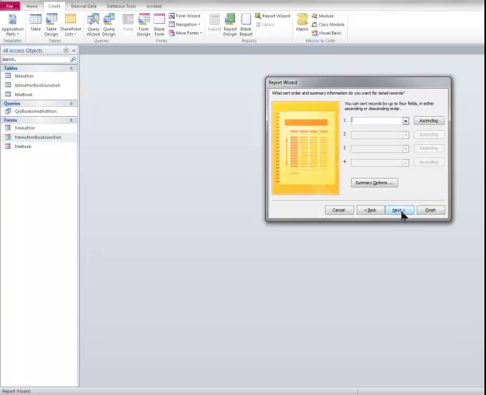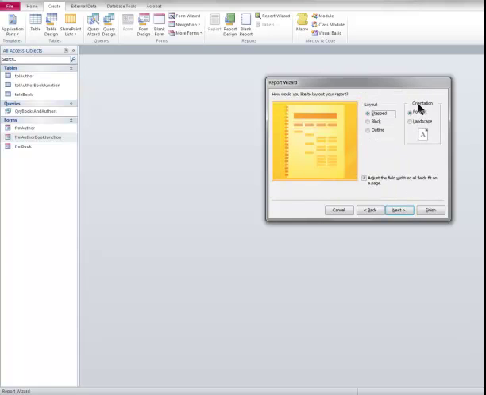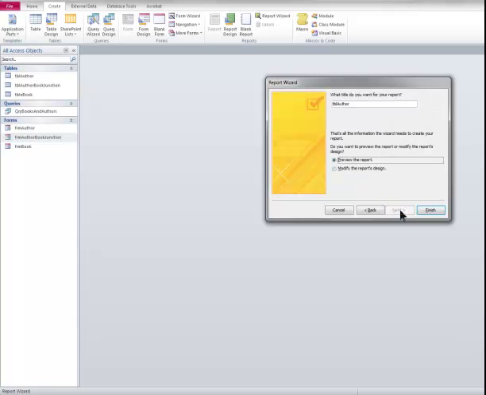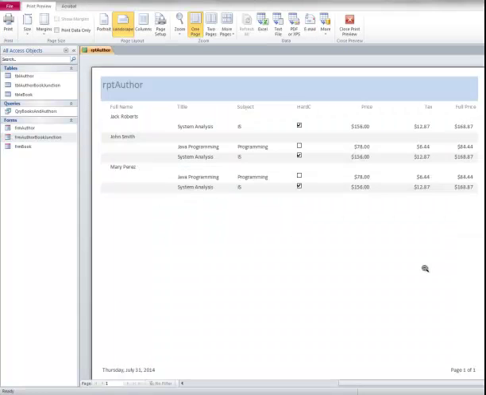next, and I could sort that by title of the book, and I could leave it as portrait and maybe change it to landscape if we have more room. Definitely I need to change that to RPT, and here we go, finish, and here is my report. Really nice. It shows, of course, some redundant data regarding the price, which really should not be showing with that,